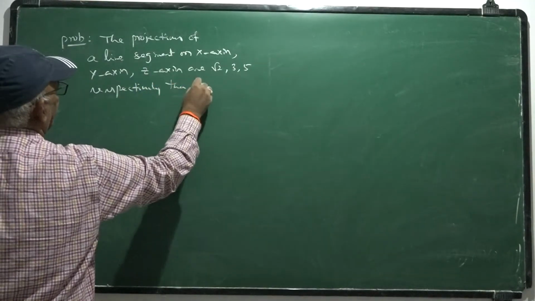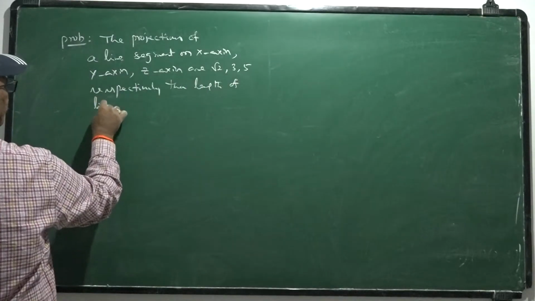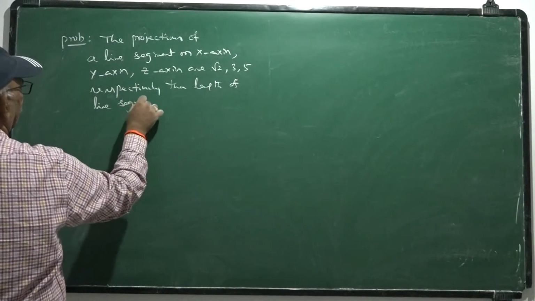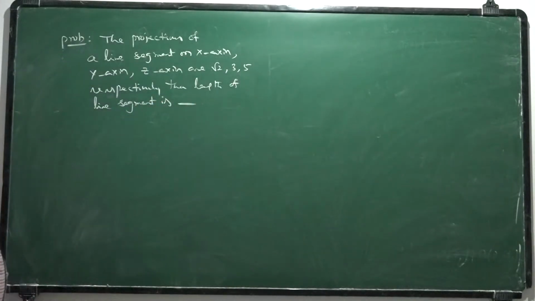Then the length of the line segment is: the projections of the line segment on x-axis, y-axis, z-axis are given as root 2, 3, 5. Then the length of the line segment is